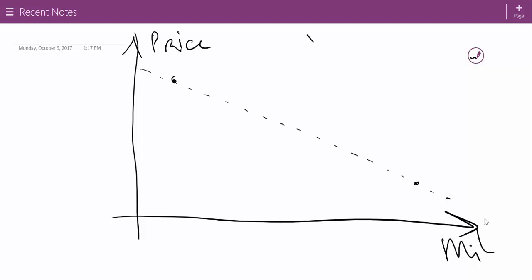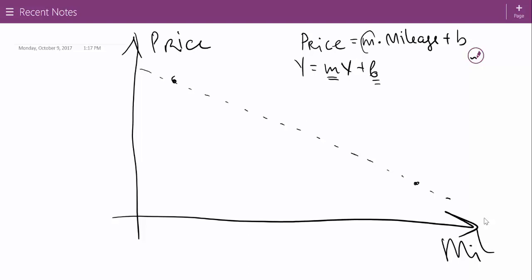So y equals, in my case, y is price, right? So therefore, price equals, you know what, let me just write it out. Y equals mx plus b. How do we call m? Slope, and b? Y-intercept. So in my case, it's price equals m times the mileage, because x is the mileage, plus b. So these two numbers, m the slope and b the vertical intercept, are the two